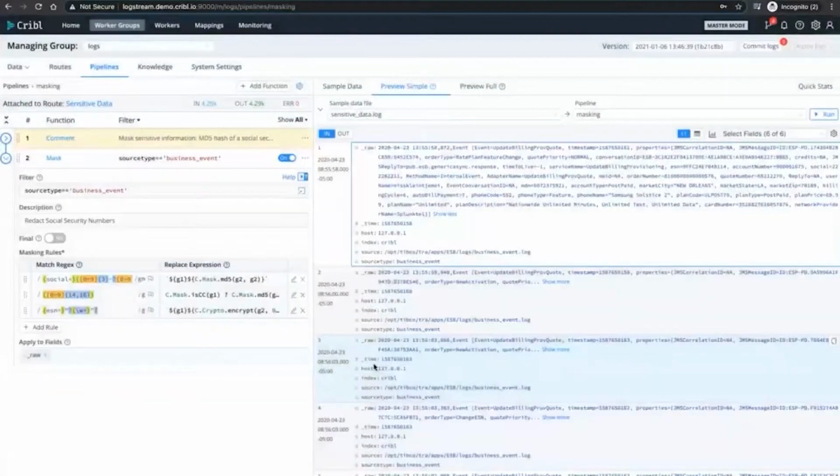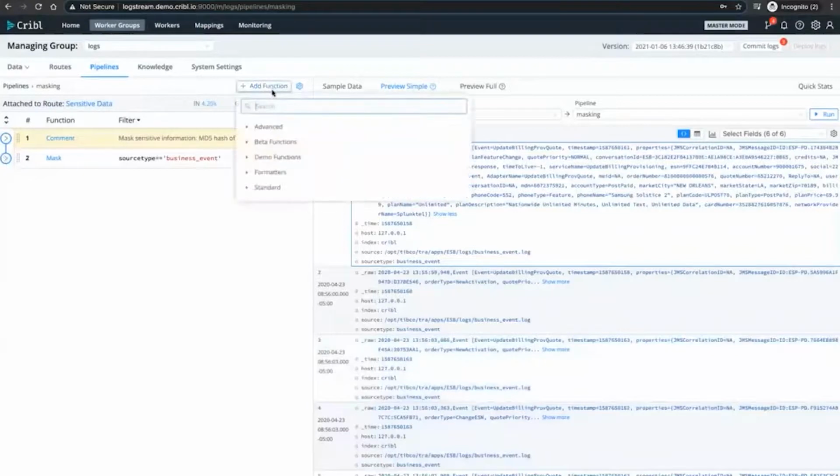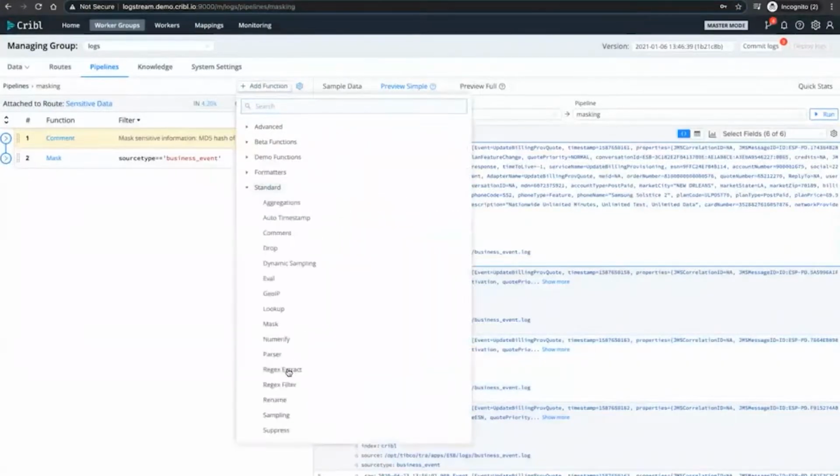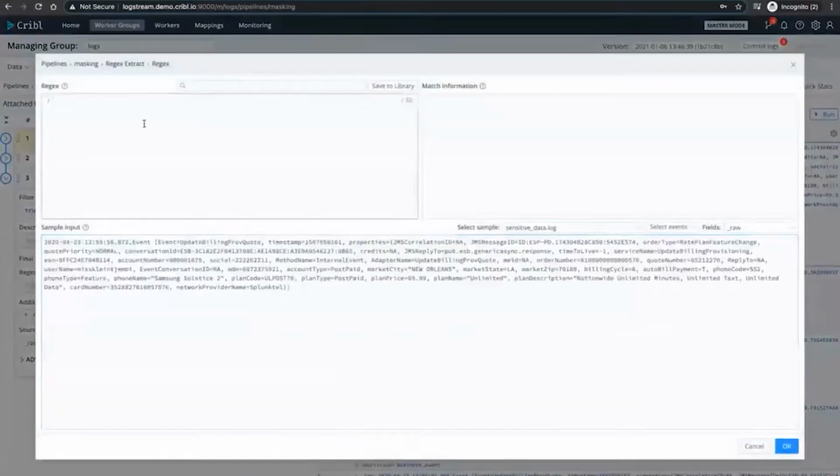We do the same for regular expression. If you're working within the solution and maybe you need to do a regular expression extraction on the fly without having to go to external sites where you might copy sensitive data and paste it to a site where you're not supposed to do that, you can create your expressions directly inside LogStream and create the match right here inside our user interface. And when you're done with the capture that you might need to use as a field name,